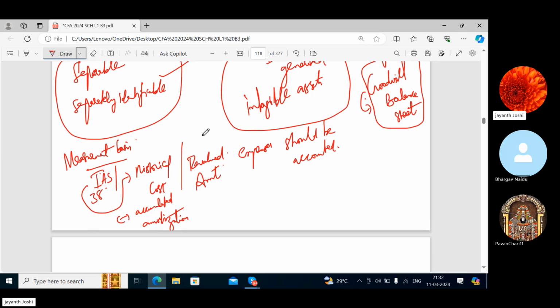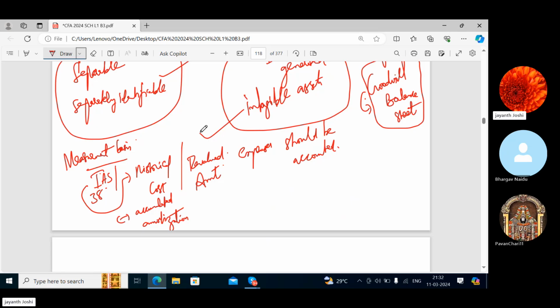If you are revaluing the asset, from next year onwards you will calculate the depreciation on the revalued amount. Every treatment we discussed about reversals, reversal of previous revaluation surplus or reversal of previous impairment loss, all the treatments are the same for tangible and intangible assets, so nothing to explain. The same applies as per International Accounting Standard 38. Same goes with US GAAP as well.